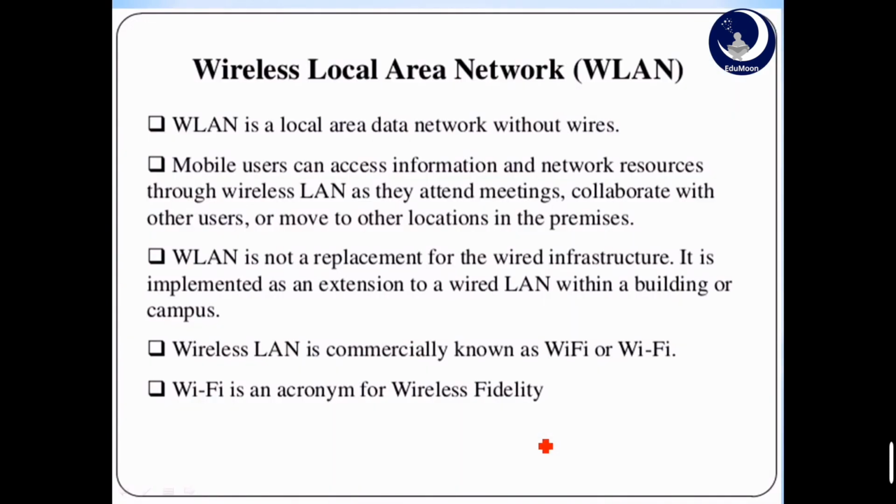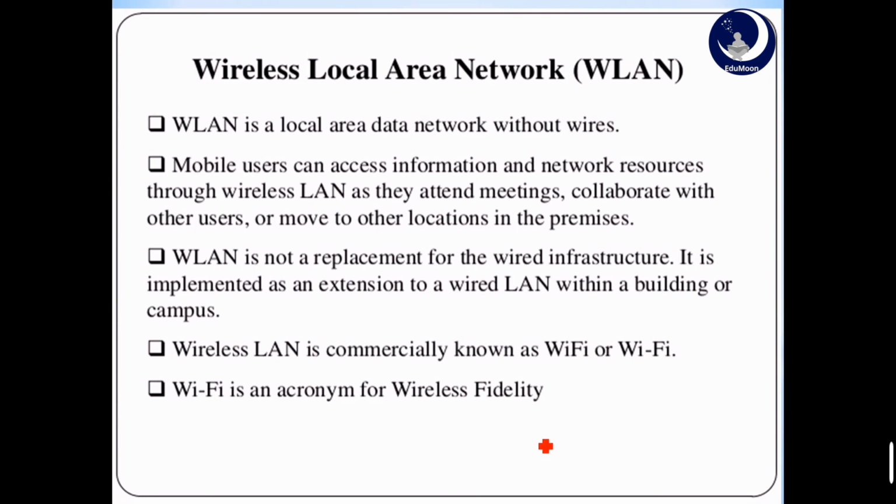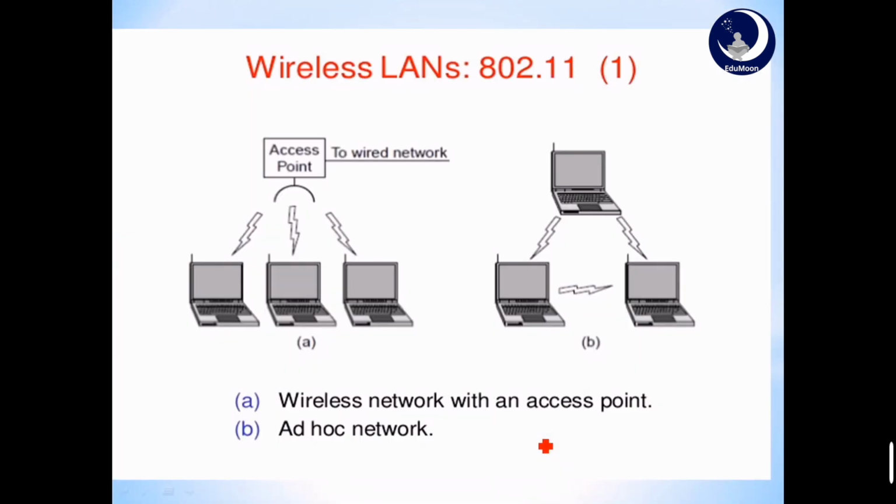The next example is wireless local area network, that is wireless LAN, 802.11. Networks are made up of clients such as laptops and mobile phones, and infrastructures called APs, that is access points, that are installed in the buildings. Access points are sometimes known as base stations. This is an active access point, in other words a base station. It is connected to 3 different computers. This is a wireless network.